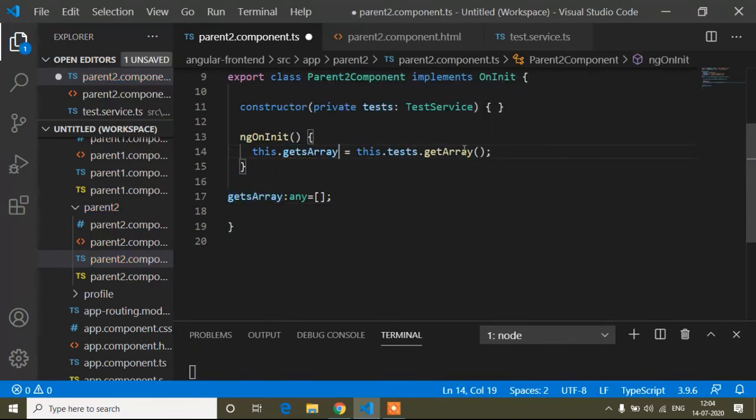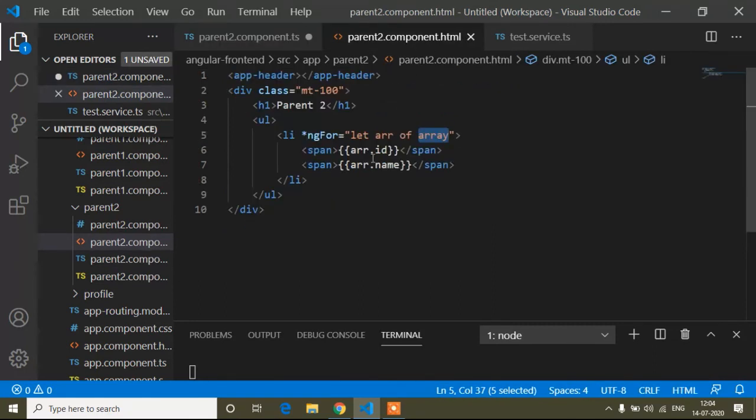Now I am storing this array inside our gets array, and I need the property of gets array, because I am storing this array method inside our gets array. So now I have to change it here to gets array, and inside this array variable I store this gets array. So now array.id, array.name. Now if I save,